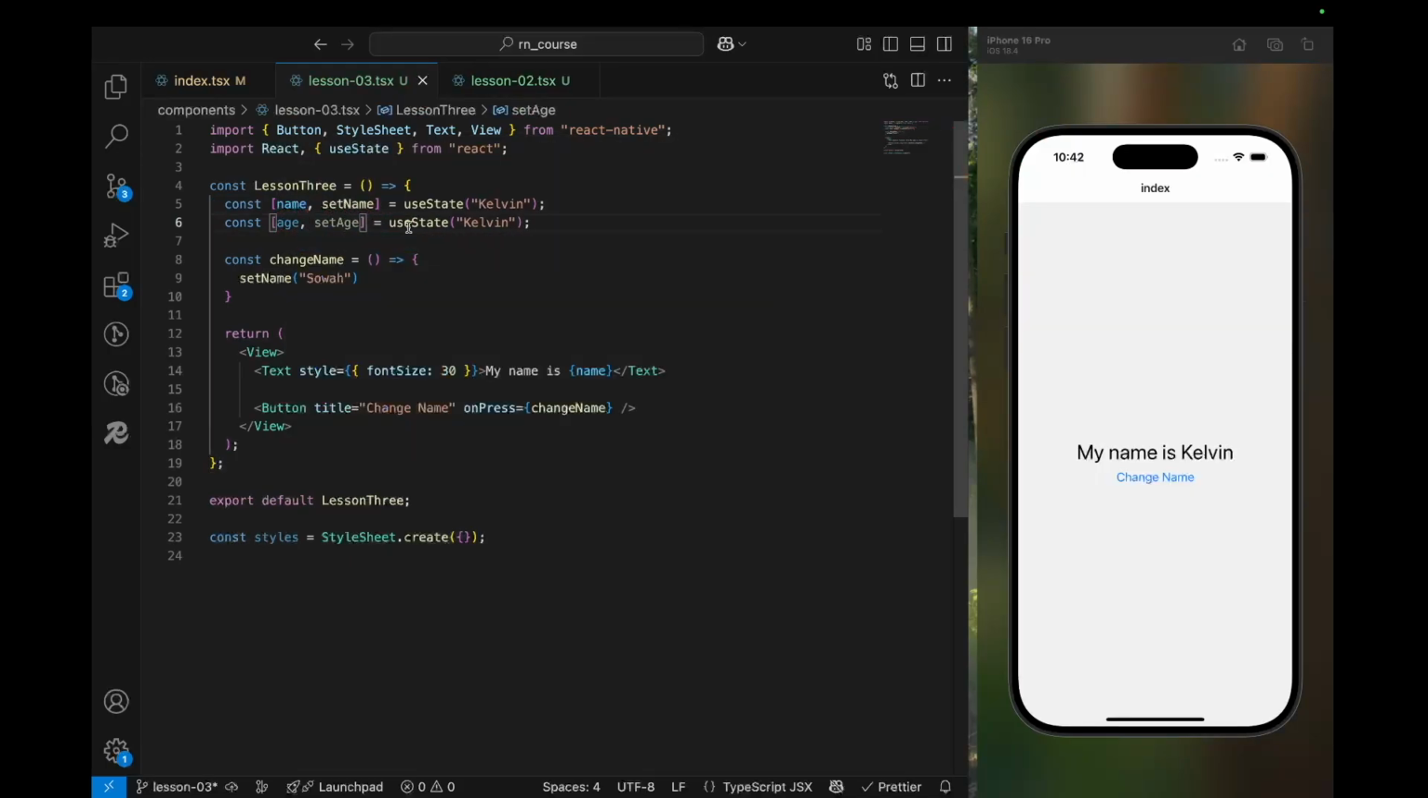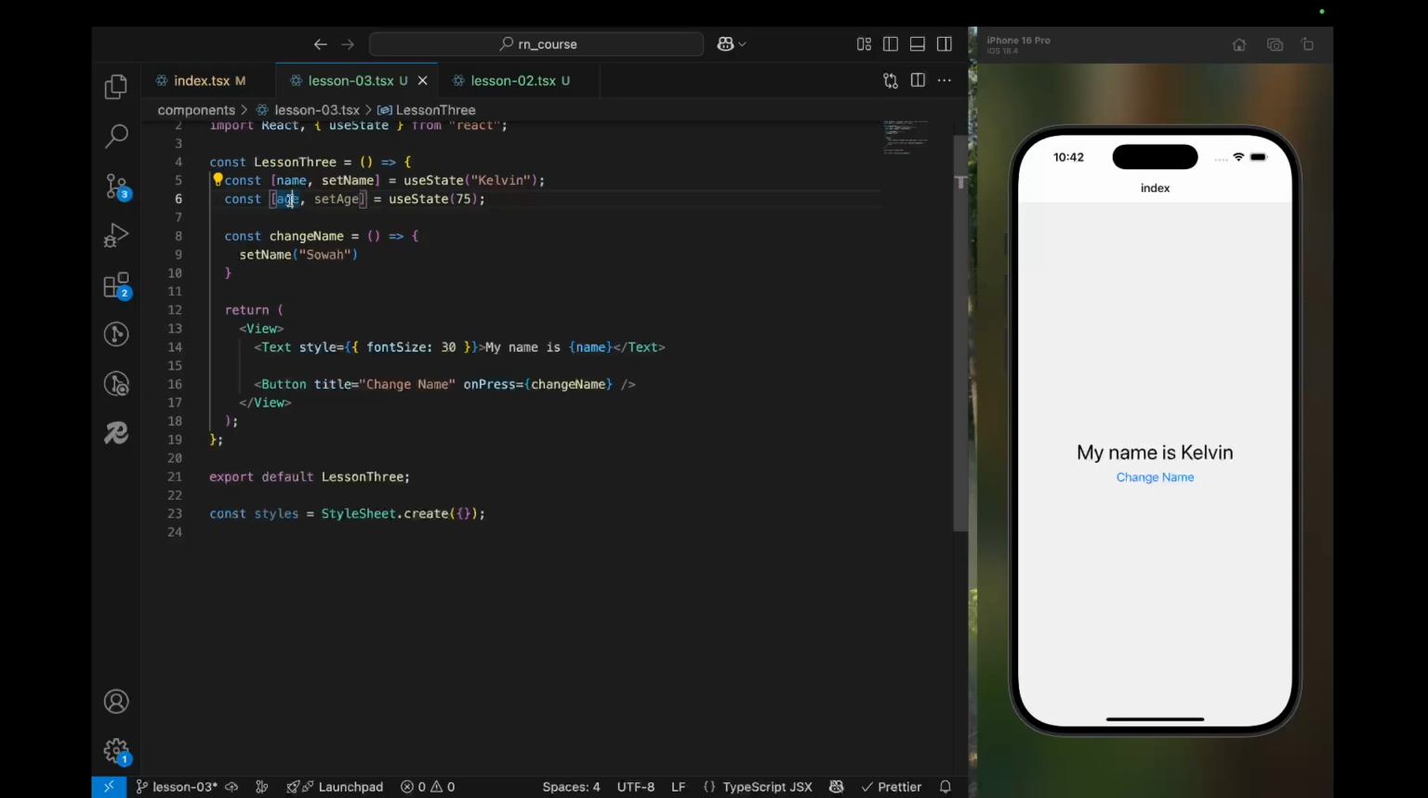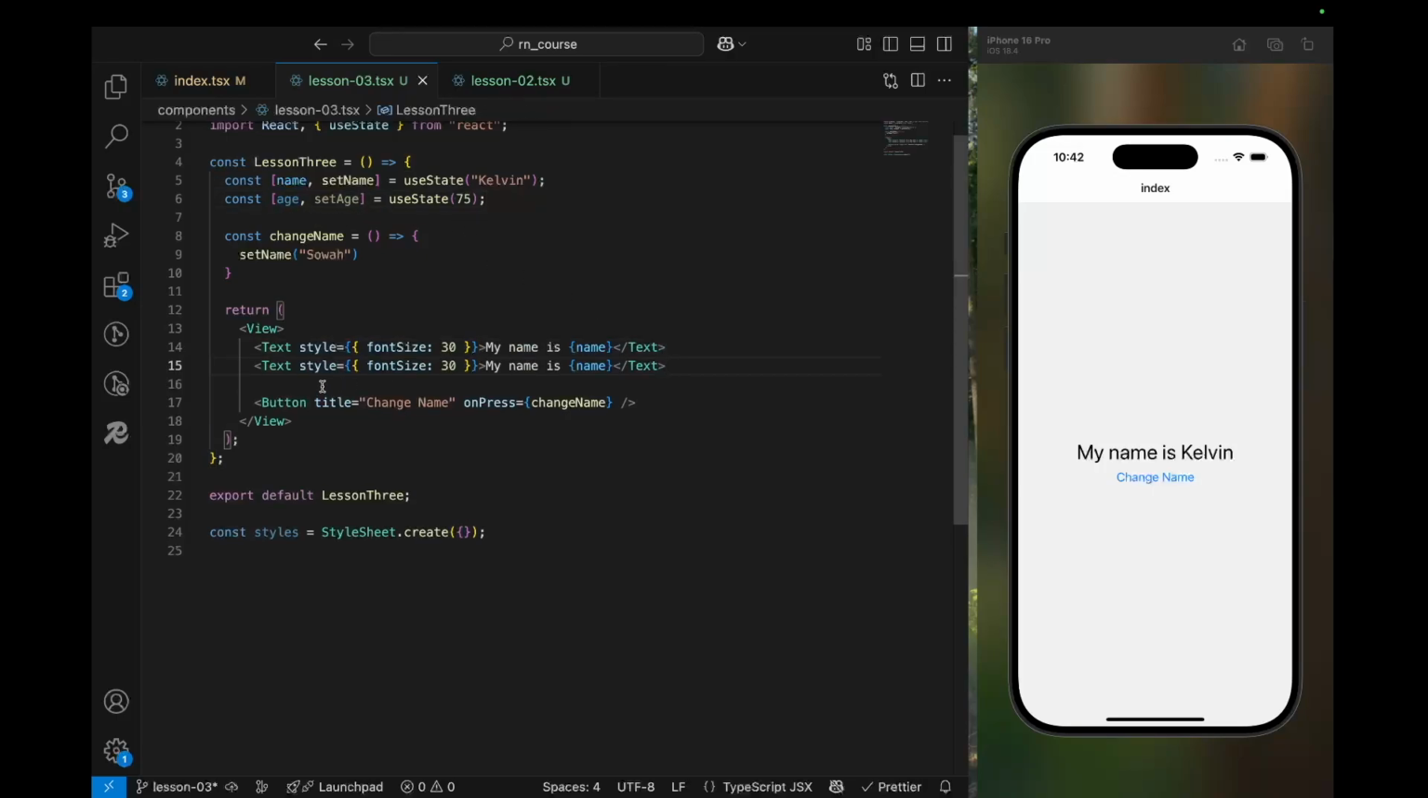Let's change the A to capital A here, and we can also keep an integer over here. Let's just assume that I am 75 years old, which is not my age though. So let's say that's my age, and over here I'm going to add a text. Let's duplicate this line and say